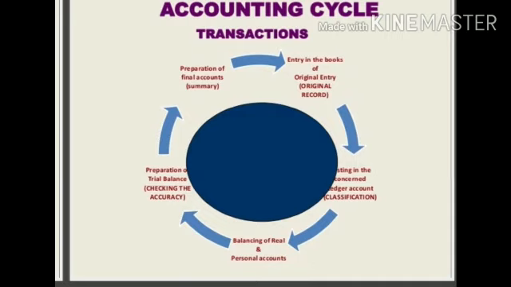In the last lecture we have studied the meaning of partnership firm, definition, features, partnership deed and the provisions of partnership firm, as well as the methods of capital. In that we have seen there are two methods, that is fixed capital method and fluctuating capital method. Now today we are going to see the various steps in accountancy and the necessity of final account, why the final account is necessary in the financial year, and which are the accounts involved in a partnership firm.